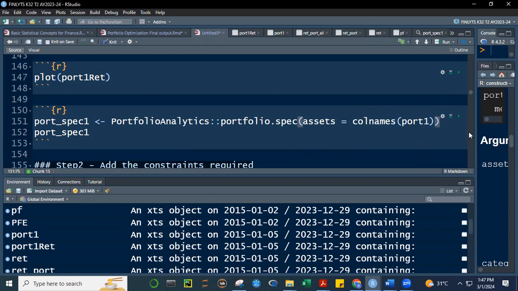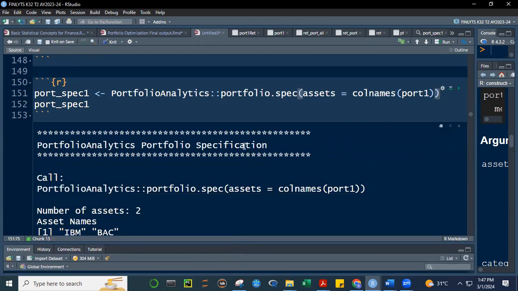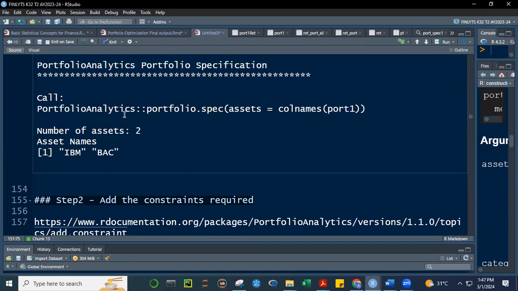Let's run this. I printed port spec one, and you have here the PortfolioAnalytics portfolio specification. That's the object we have. So far, this is the formula that we generated, and we just identified the number of assets, which are